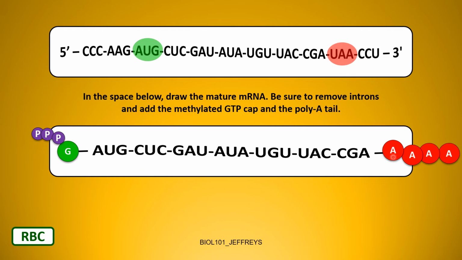Now also I've done these nice little red circles and I've linked them together, and when you do this you don't have to do that. I just did this to make it pretty for you visual learners. You can just put a circle there and put poly A tail, or you can put a circle there and put A. Okay, I don't care how you do it. Just signify that there is a multi-adenine residue tail there,